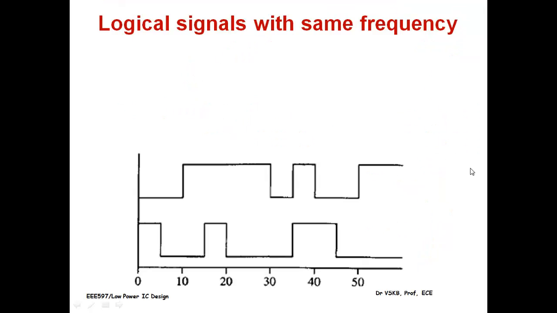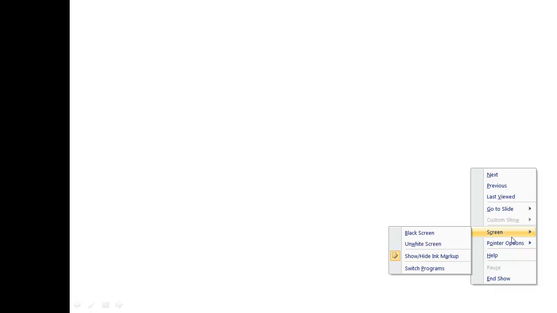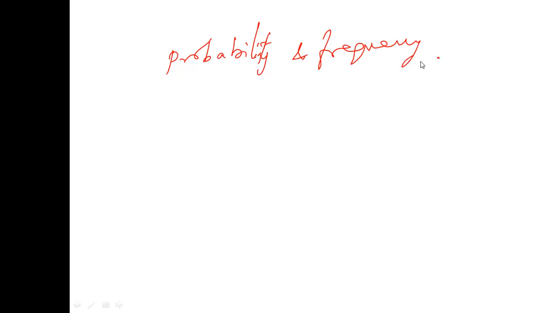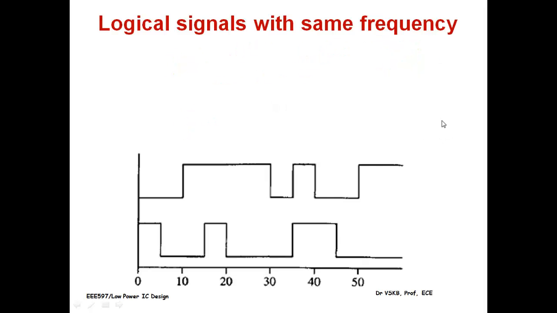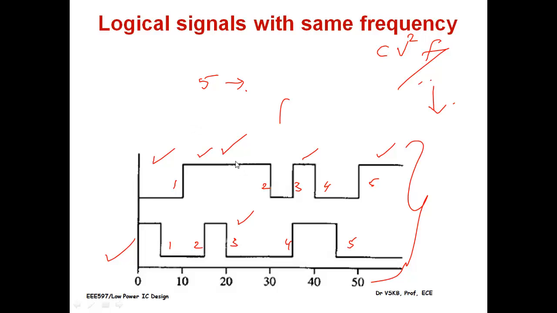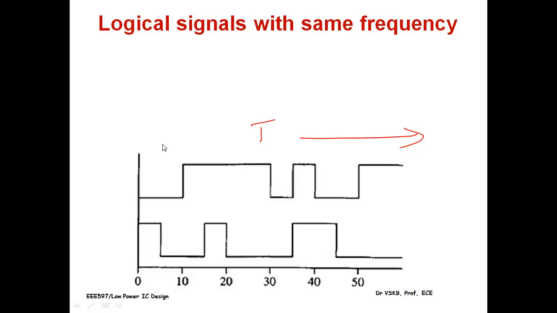In relation with that, let us define the relationship between probability and frequency. We can very simply say the frequency is going to be, as we have seen in the previous slide, if I have the number of switchings, I compare my logical transitions over a particular time t I had taken, and during this time t, whatever switchings were happening, I would call this n of t. And if I am going to find the average,